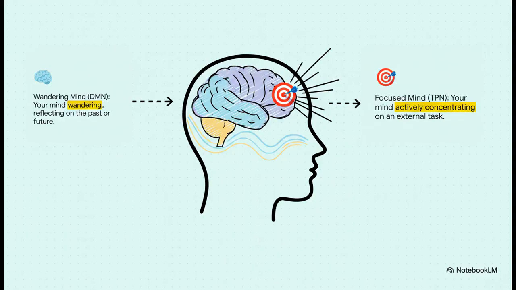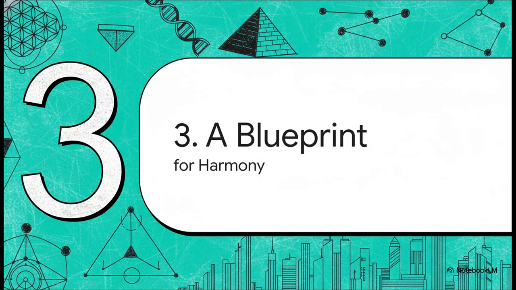So, from these massive ancient structures, let's bring it all the way back home, into the architecture of our own minds. The theory maps this exact same principle of balance onto modern neuroscience. It suggests that true mental coherence, that T state we talked about, is what happens when our wandering mind, the default mode network, and our focused mind, the task positive network, finally start working in harmony instead of constantly fighting each other for control.